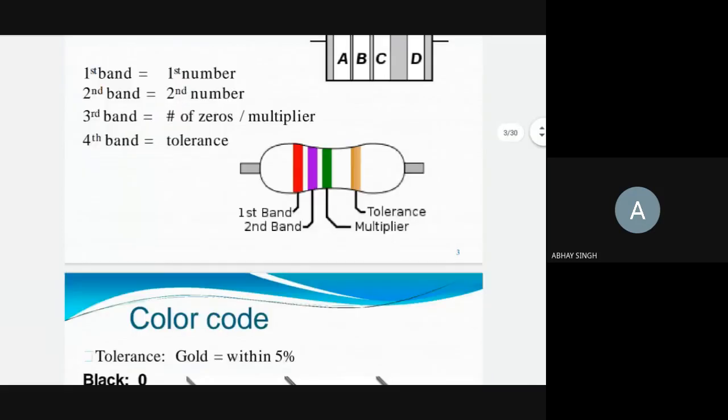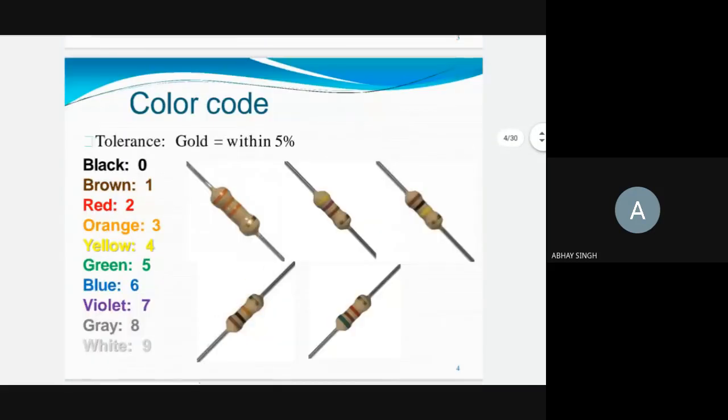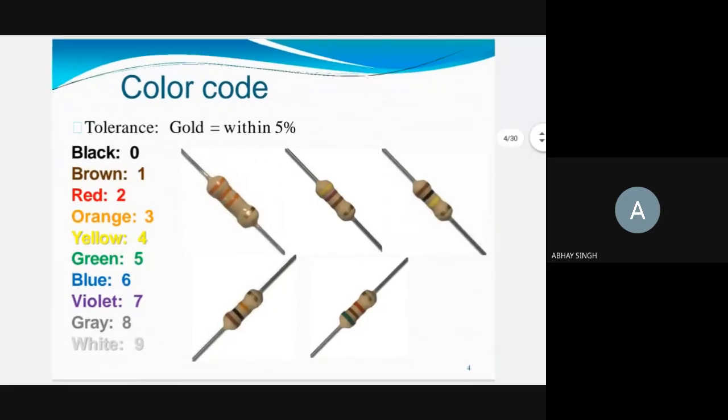So what do these colors stand for? They stand for black, brown, red, orange, yellow, green, blue, violet, gray, white. There is some kind of mnemonic to remember this code. That is BB Roy of Great Britain has a very good wife. Okay, you can have a lot of mnemonics. So you can see the different colors in this example.